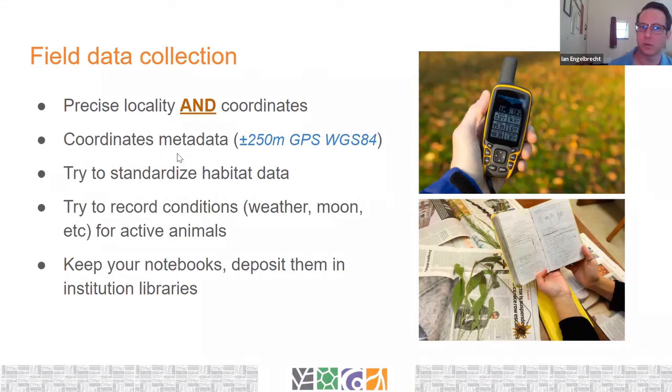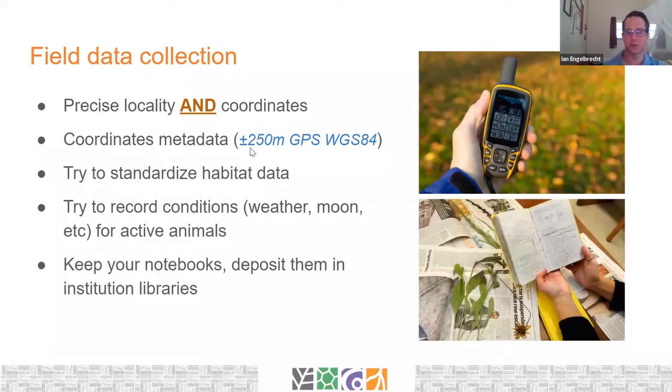Also important is to record coordinate metadata. So that's some kind of measure of uncertainty around your coordinates. What most people are doing is getting out of the car and they record the coordinates there where they get out of the car, and then they walk up the hill and they collect their specimens on the top of the hill. So if you can just indicate more or less what that distance was, the distance from where you recorded the coordinates to where you collected the specimens, you can think of it as a big circle